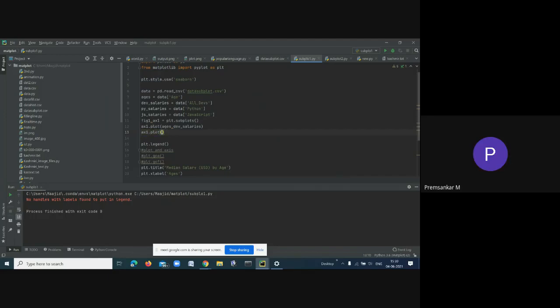You check it out. Yes, sir, I have used three plots. Okay, you have used three plots, that is the reason. Different ages, salaries, and this one, three different plots. The number of plots you use, that many lines will get displayed.